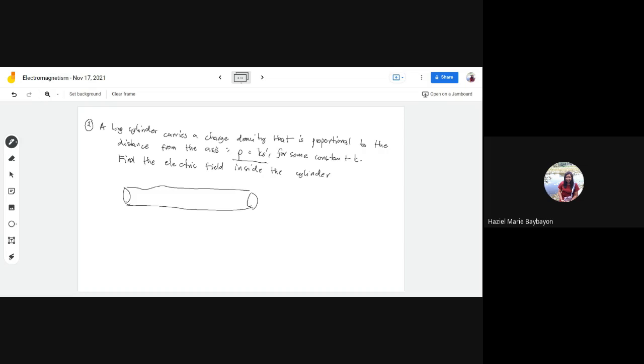So what we'll be doing is we should draw a cylindrical Gaussian surface inside the cylinder. Okay, now take note that this cylindrical Gaussian surface should be coaxial. Meaning parehas sa axis sa imong cylinder, sa imong system. So if this is the z-axis,